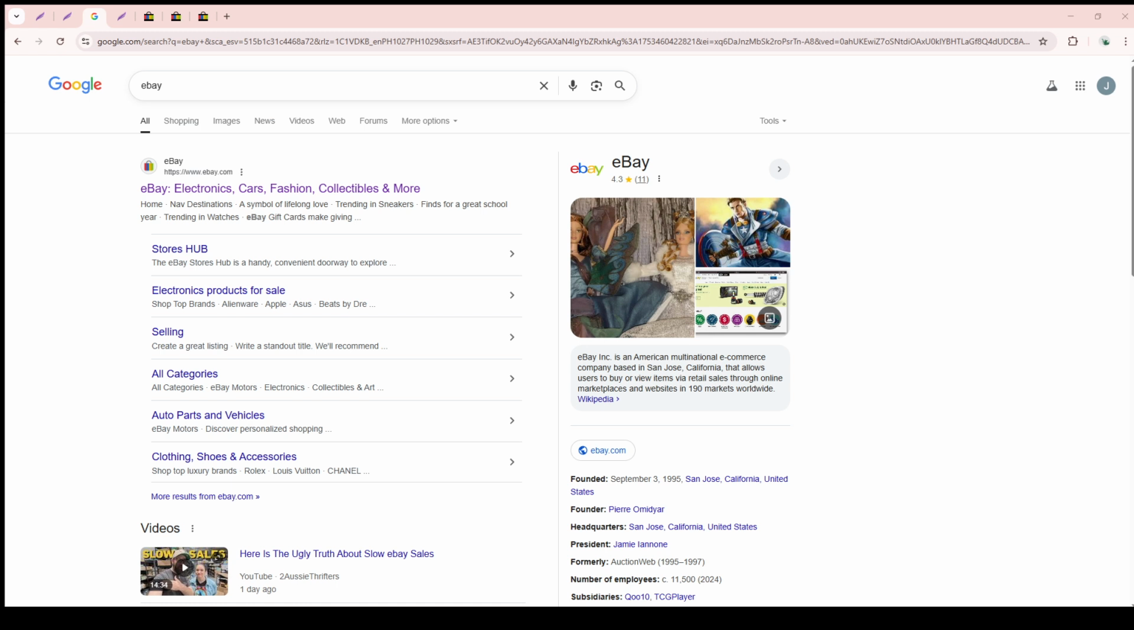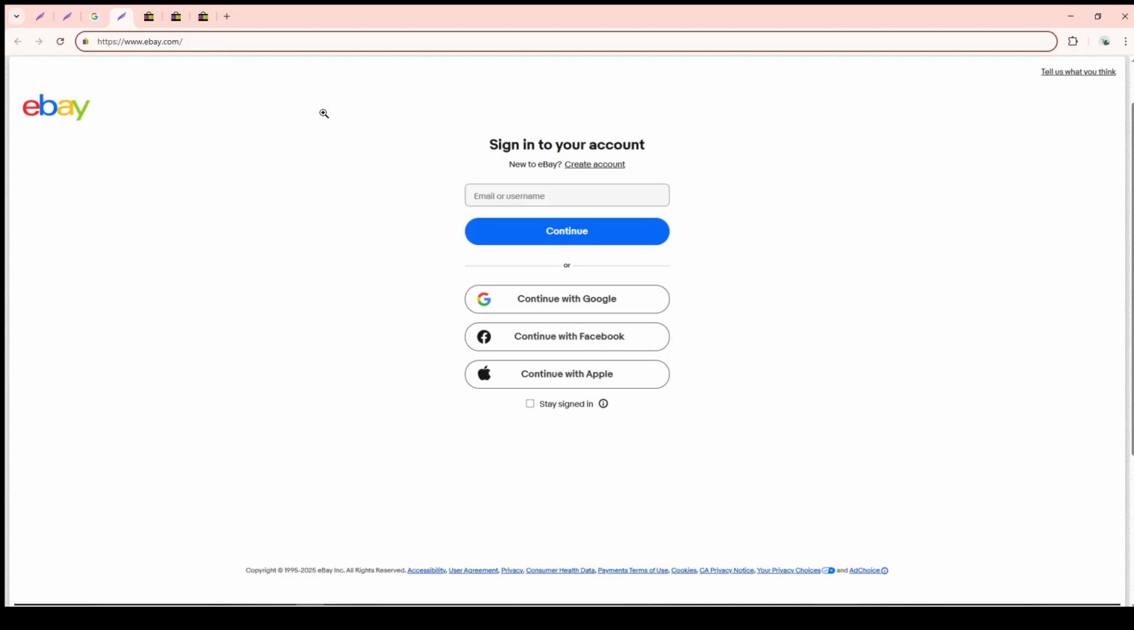Let's start by opening your preferred web browser and navigating to eBay's homepage. You can do this by typing ebay.com into the address bar and hitting enter. Once there, if you're not already logged in, go ahead and click on the Login button. Enter your credentials and make sure you're logged into your seller's account to ensure that you're all set to start